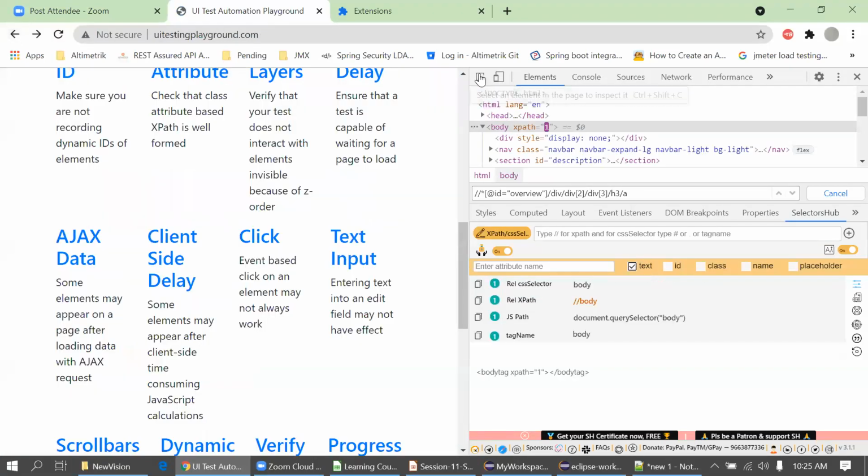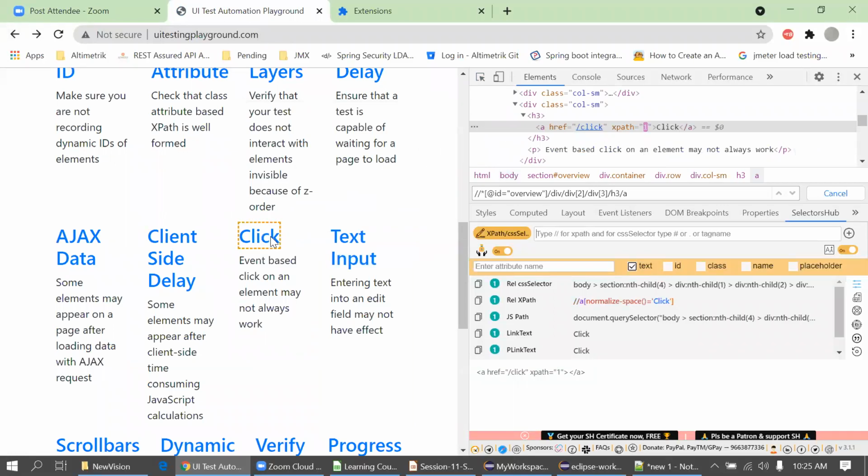Now you can inspect that element. Whenever I click, I'm getting the XPath here, a normalize-space click. We can simply copy this XPath by using the copy shortcut, and paste it into our script. Second, it's a CSS selector as well. If you want to use a CSS selector, you can just copy this and use that.